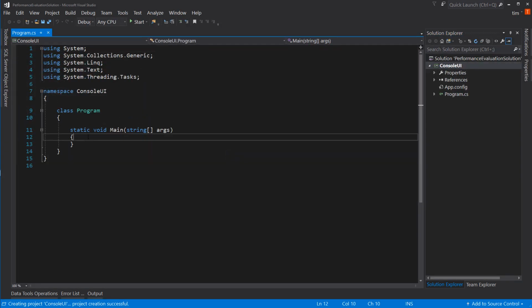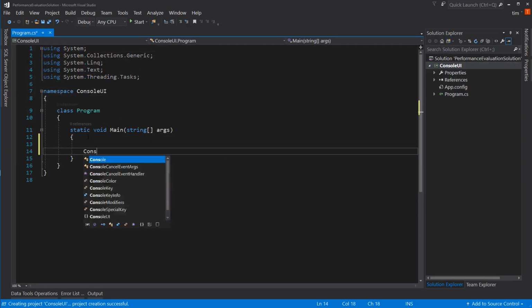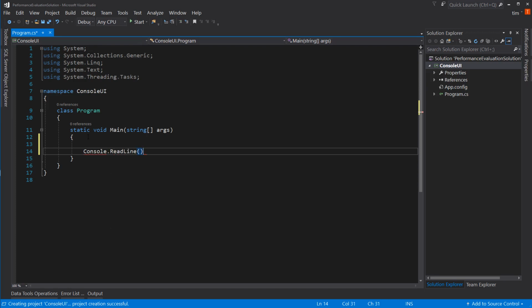The first thing we'll do here is add our Console.ReadLine at the end to stop the system from moving on. Now, we're going to do just enough code to get this working. We're not going to create a fully rounded application, as you know, hopefully, by watching previous challenges, but I want to make sure